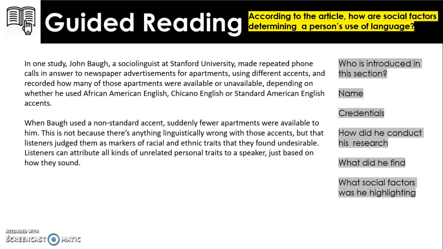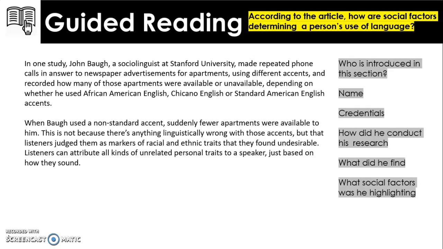Okay, so although this is a theorist, you could make this theorist now a part of your bank of theorists that you learn and revise, but it's always good to have choice when it comes to theorists. So we've got our main theorist, but he could now join that bank. So what's his name? John Baugh. Okay, what are his credentials? Well, he's a sociolinguist at Stanford University. Now, I do love his research. What did he actually do?